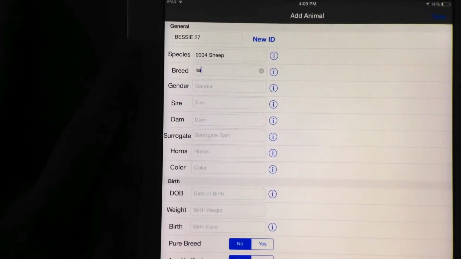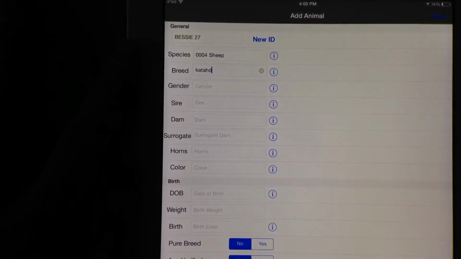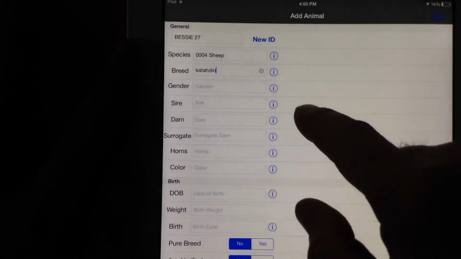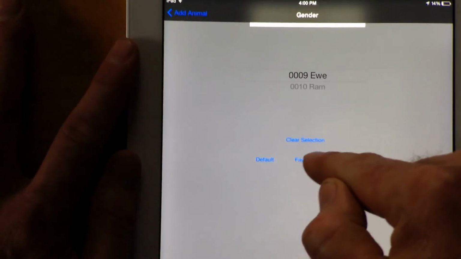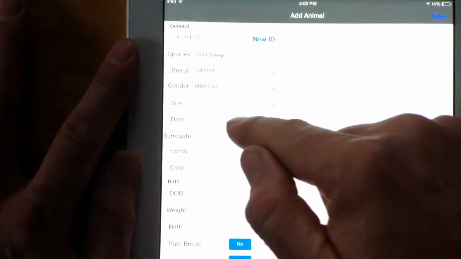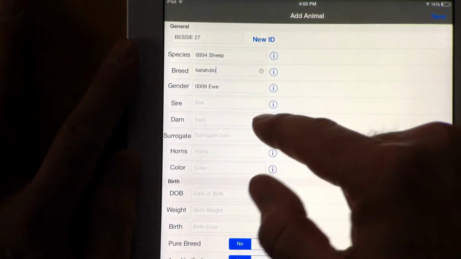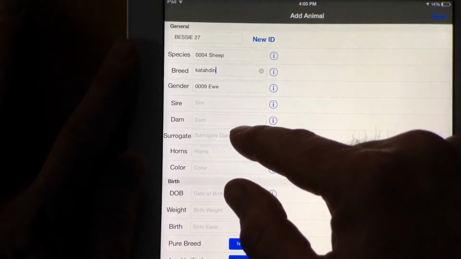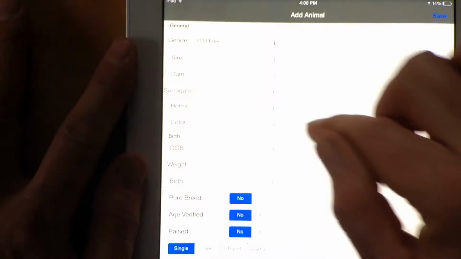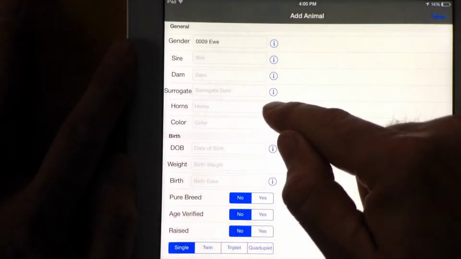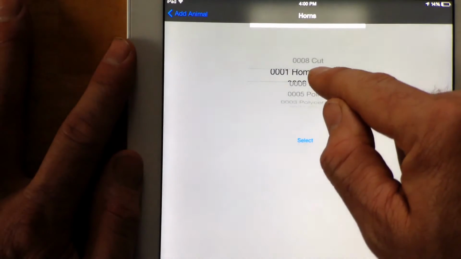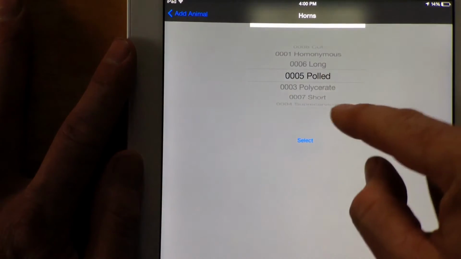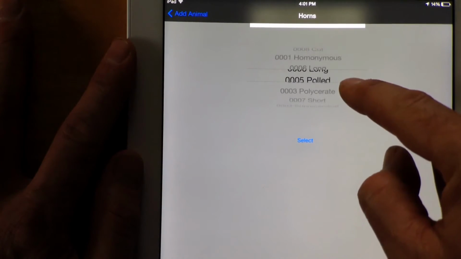All right, you can select your gender, and we'll say it's a ewe, and we'll hit add animal. You can add information in like who the sire was, who the dame was, if they had a surrogate dame, whether it's polled or not, so if you've cut the horns off. It's got a lot of nice selections in here. So we'll select polled,